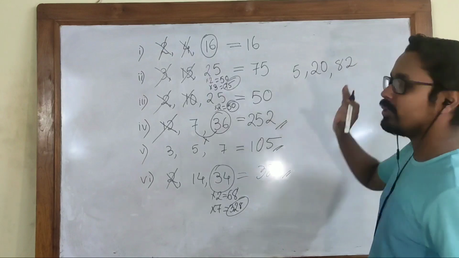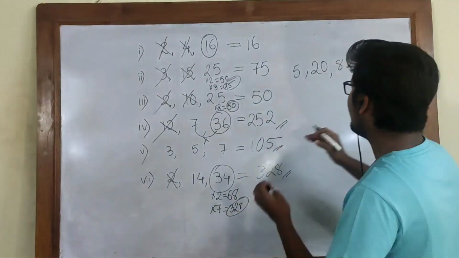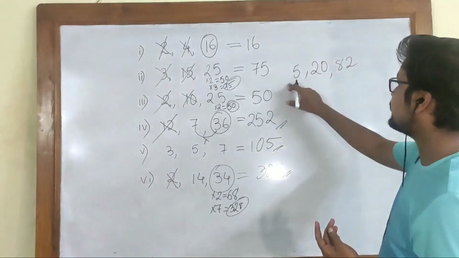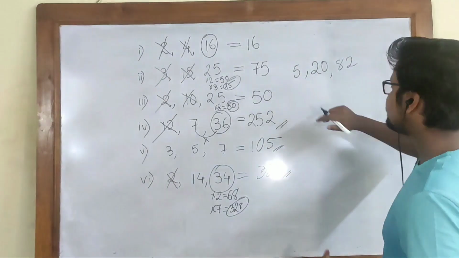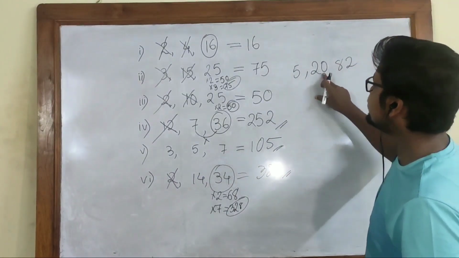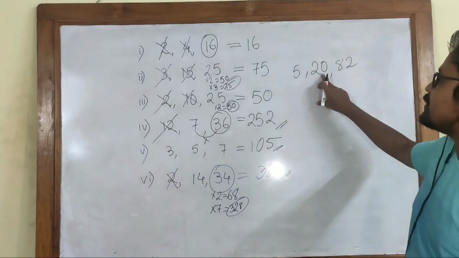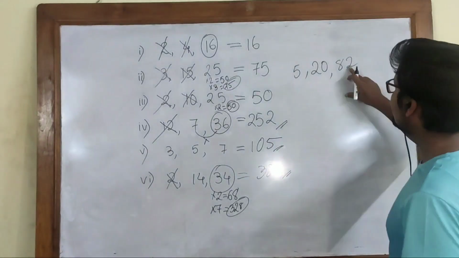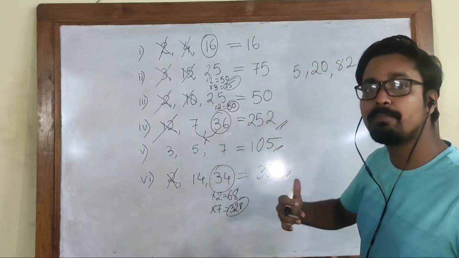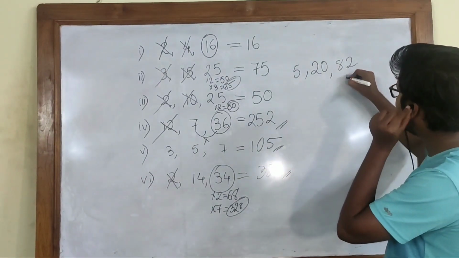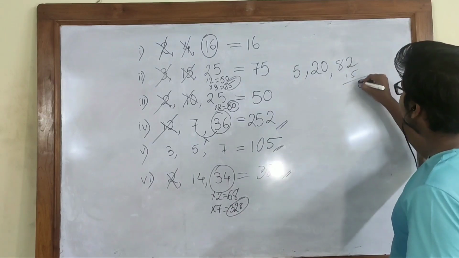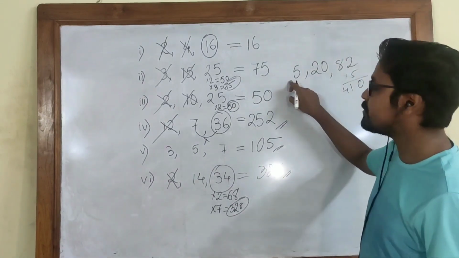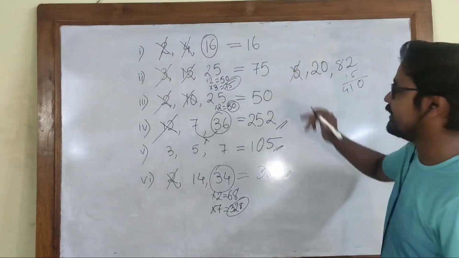So 82, just use some brain. How to use that trick? Means which multiple you will get as the multiples of this. So since the number we need to find has to be divisible by 20, that means we must have a 0 at the end. Since it is 82, let's multiply it by 5. So if I multiply this by 5, I will get 0 and 40, so 410. So is 410 divisible by 5? Of course. So cancel it.